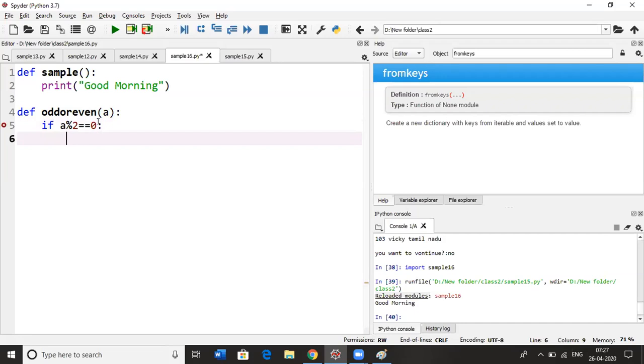Just return true. So if that condition is true, then that number is even. Otherwise, return false.